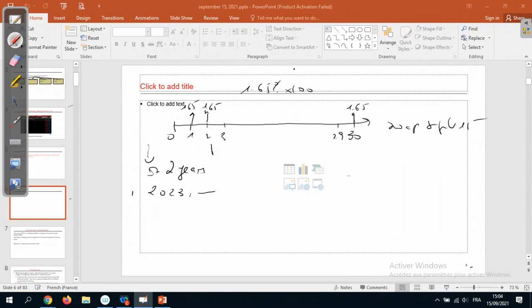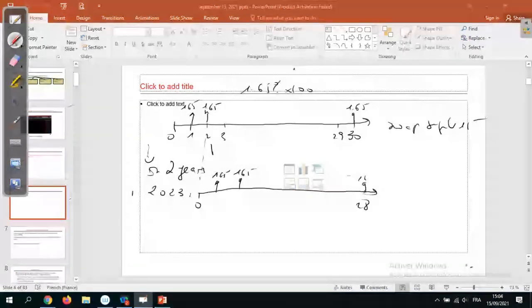And you have a swap between today, in 2 years, and year 28, paying 1.65 each year. But the new swap in 2 years, because the interest rate has moved up, the new swap pays now